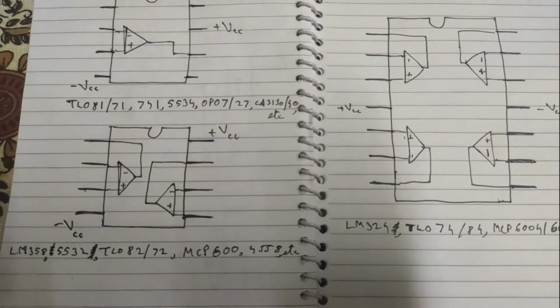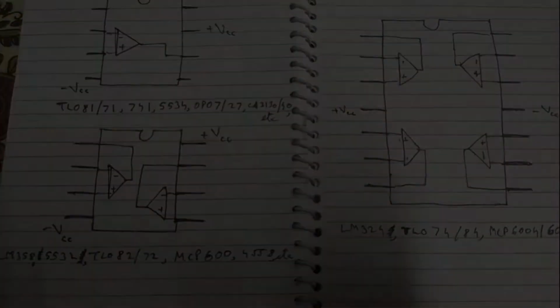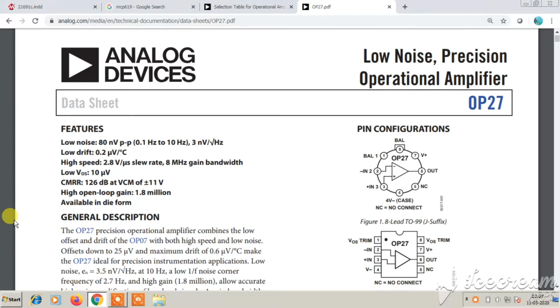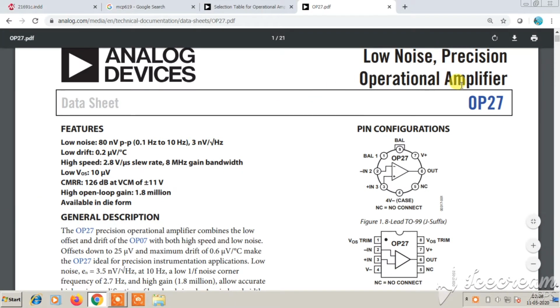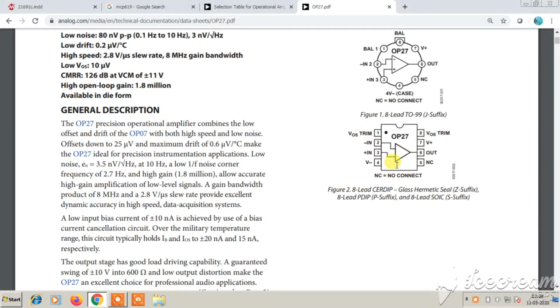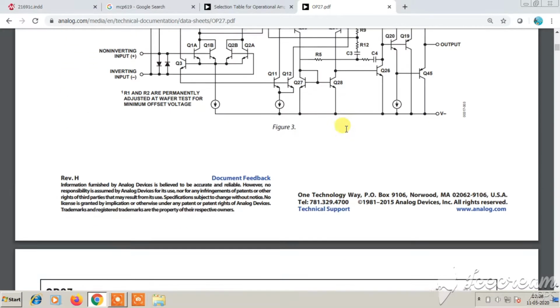So now we will be looking at a datasheet practically, and how to choose an op-amp practically. Let's see. Here we have chosen an OP07 low noise precision operational amplifier. This operational amplifier is an expensive one. It might cost around $2 to $3 per piece, and here you can see pin 5 is NC. So this falls under the 741 pinout category, and pin 4 is V minus, and 7 is V plus, and pins 1 and 8 are used for VOS trimmer purposes. So you can see the functional block diagram here.